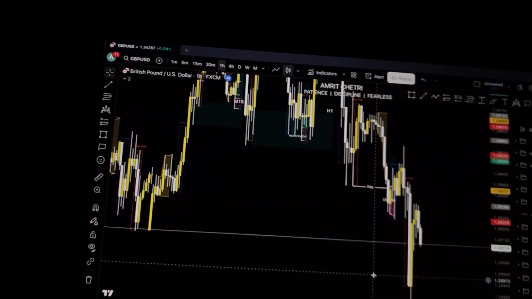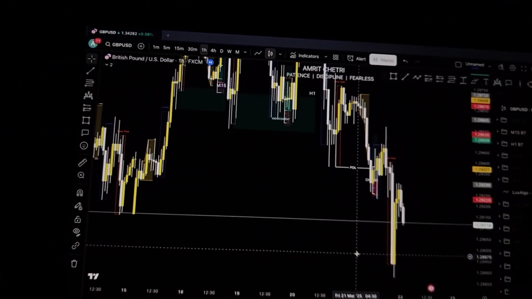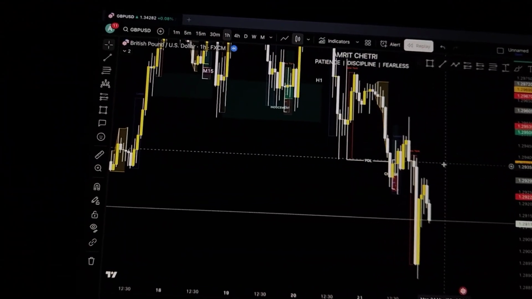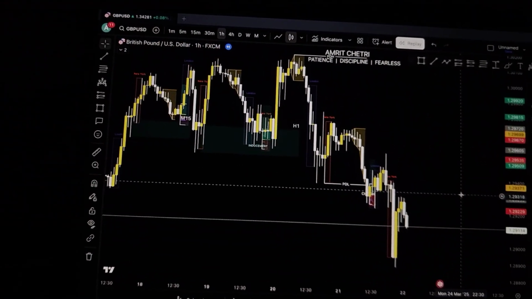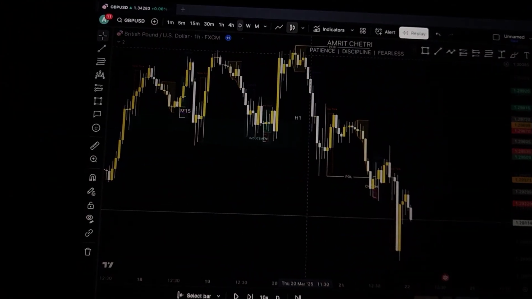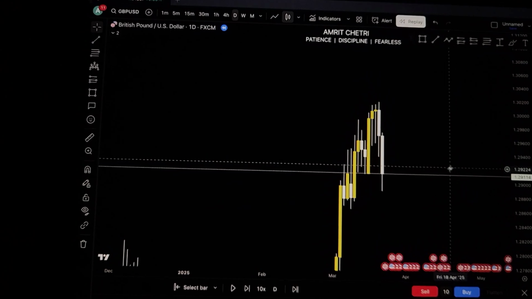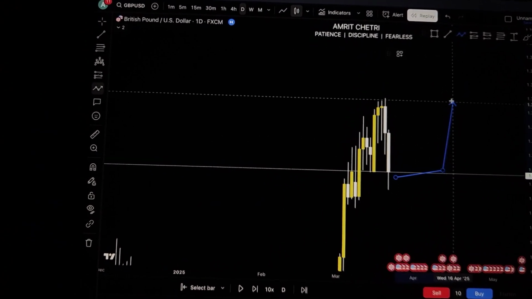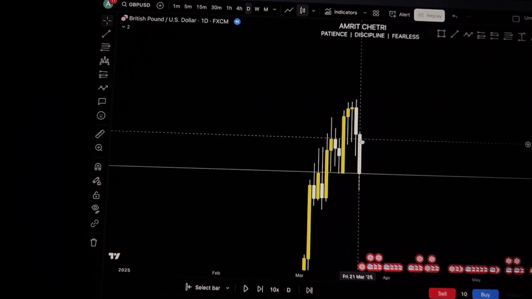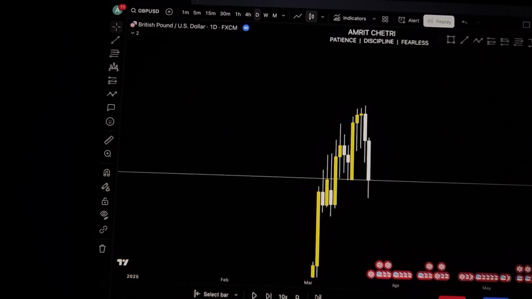Overall, the market did continue with the bias being bearish, but we caught a beautiful buy, which was not in our session, but in our timing, and the setup appeared. I took the trade, and it was a break-even trade. So this was a very, very beautiful week. As you can see, Monday, Tuesday, Wednesday went up, Thursday, Friday went down. So it is a bearish weekly profile, and I consider this week a bearish candle.